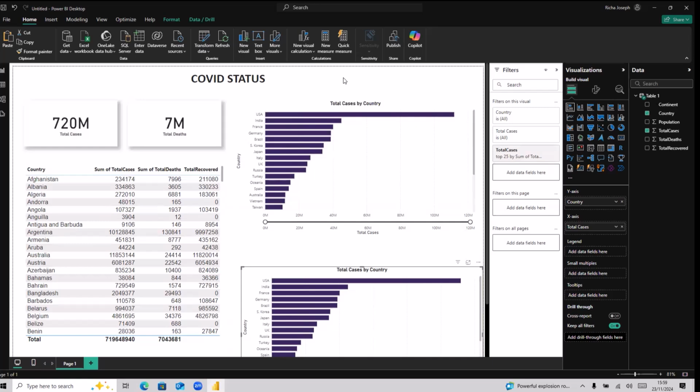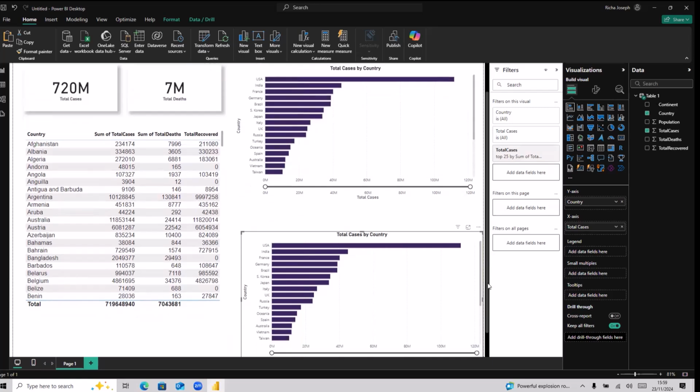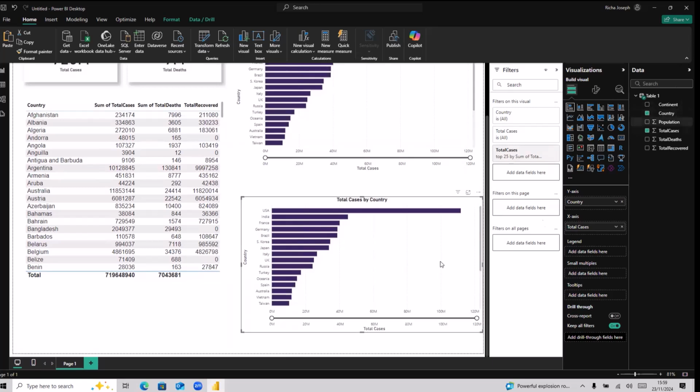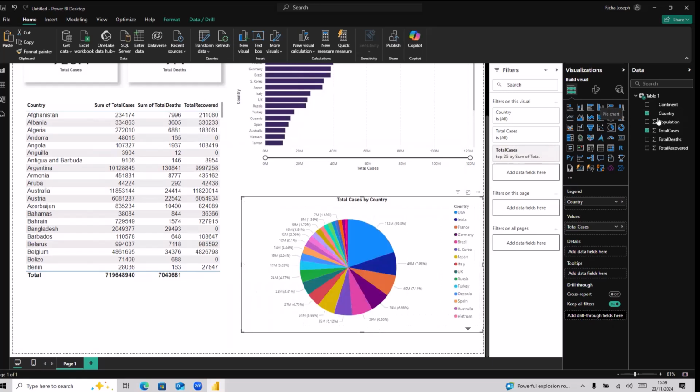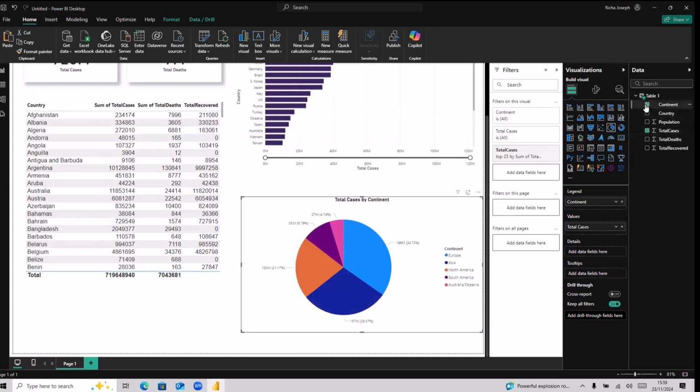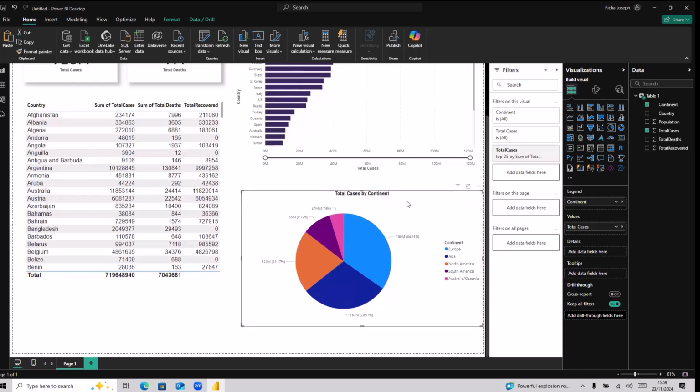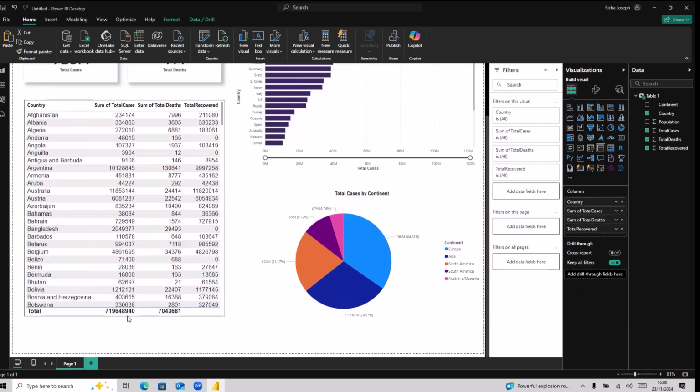And if you want to see a pie chart of it by continent, just pick the pie chart from here and remove the country and add continent. So I can see the Europe and Asia is almost the highest count in the virus, and that's a good insight. If you want to just align with this report, just drag this guy a bit down,